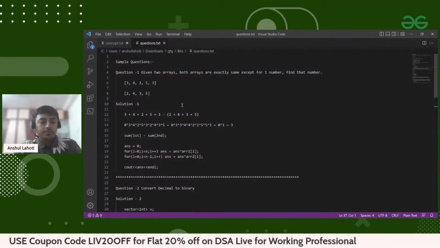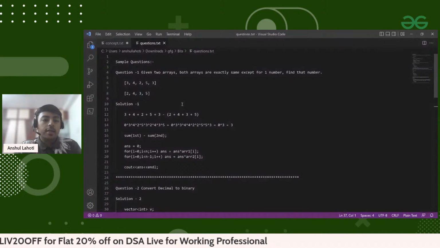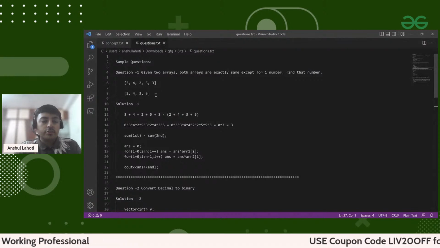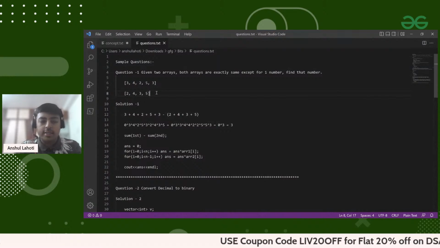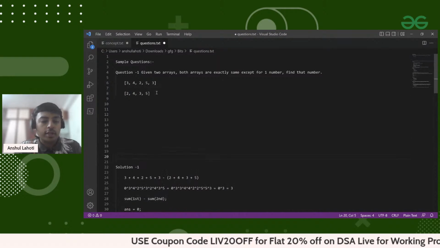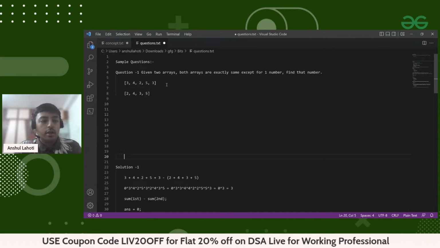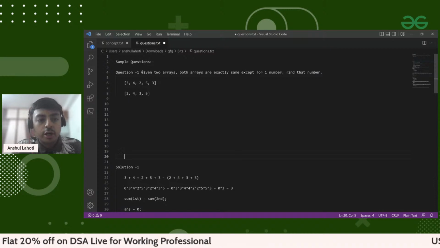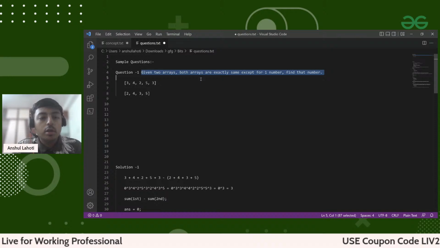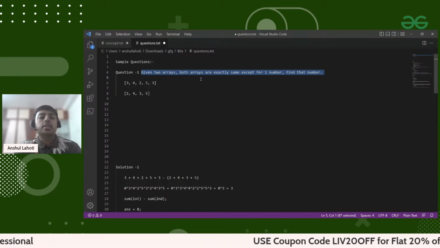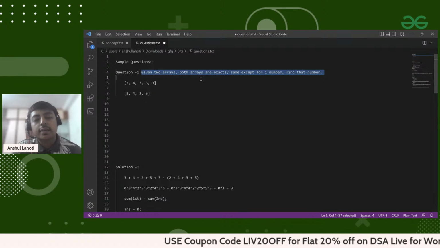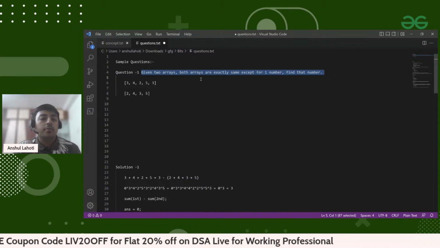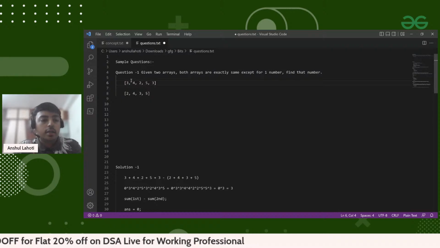For the first question, please don't look into the solutions. We can solve these questions simultaneously, in your notebook or on your laptop, wherever you want to solve. The question states: given two arrays, both arrays are exactly the same except for one number, find that number. Here I have given array A